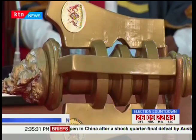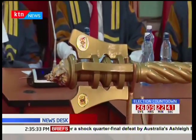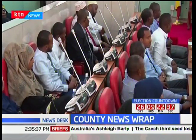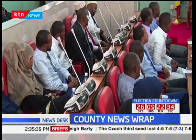Let's now look at other news from around the counties with our reporter Fathia Noor. Divisions among Mandera County Assembly members came to the fore during the opening of the Assembly when members from EFP stormed out in